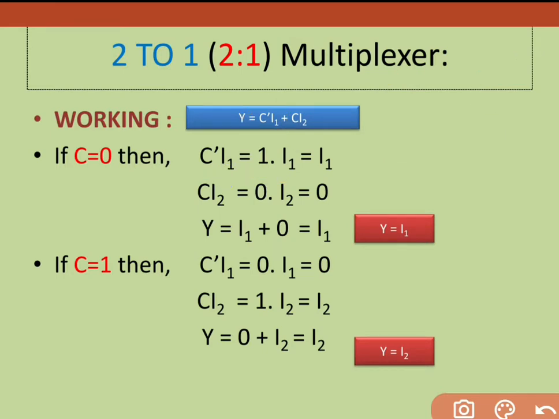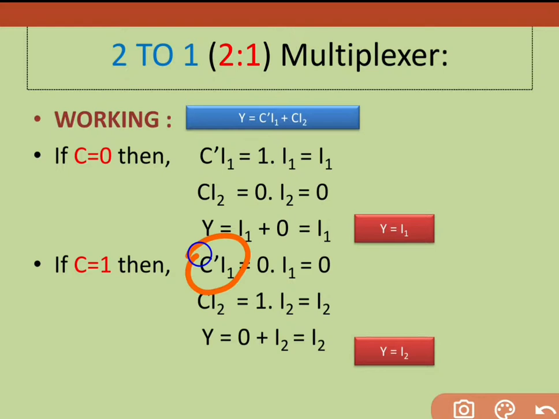The same way, for this I had written C means 0, I2 normal. Something multiplied with 0, the answer will be 0, and something multiplied with 1, the answer will be the same. And when we are putting this in the equation, then I1 plus 0 is I1. That's why we are getting I1 as output. When we are having C0, then I1 is the output. When we are having C1, then I2 is the output. I've written each and everything so that you can understand.